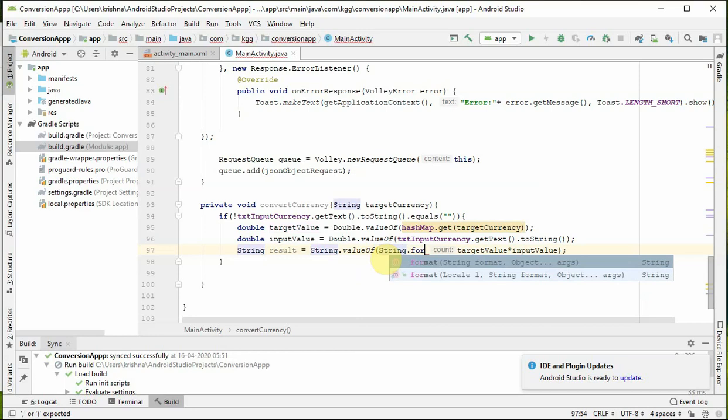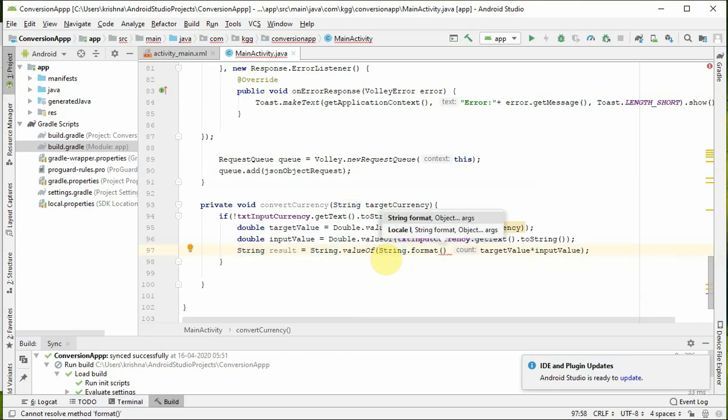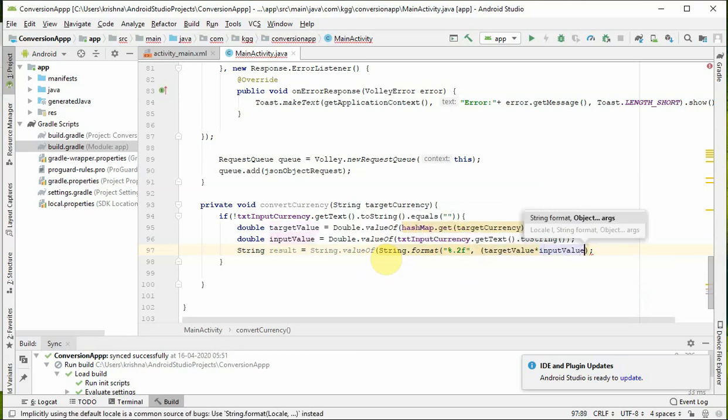Dot format, say percent dot to f, then comma all this value, be here, and another to close the string off. Okay, so we have this now,